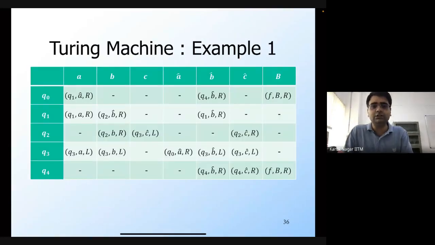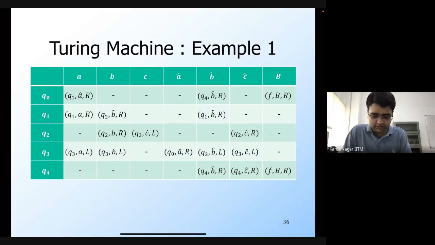So concretely, let's now define the states and the transitions of this Turing machine. You can express this in the form of a table where the rows correspond to the states. I have 4 states here from Q0 to Q4, and I also have a final state F, which I have not depicted in this table, because the final state F is a halting state. Therefore there is no move defined for a final state F, and that's why it's not present in this table. So there are a total of 6 states then, and Q0 is the start state.